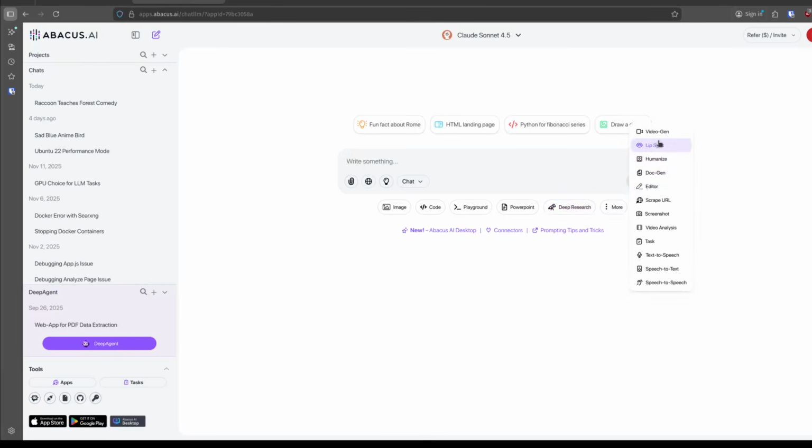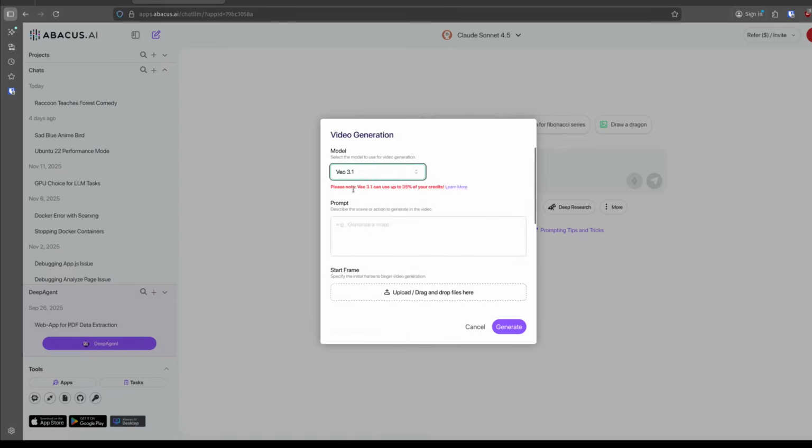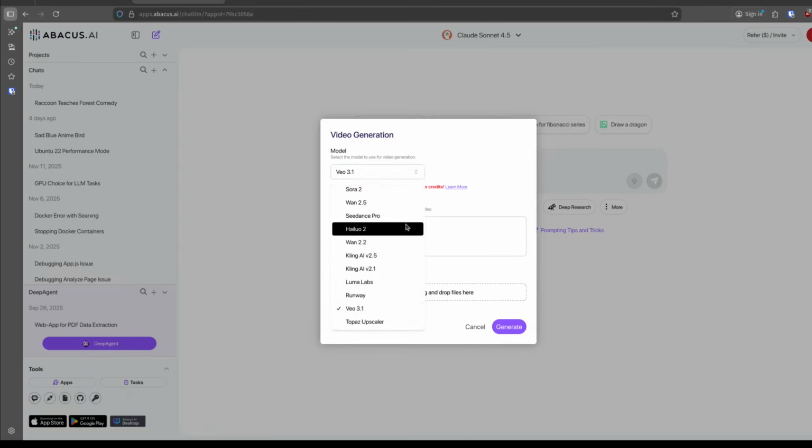And then moving on, one of the ones that I actually do use just kind of for fun sometimes is video generation. Now you do have to be careful with video generation because it can use a lot of credits. So you can see they have a whole bunch of different models here from major model families. So we have the WAN ones, we have Sora 2, we have Veo. I will note, and they give you a warning here, that Veo 3.1 can use up to 35% of your credits. That is a ton of credits for one video, okay? So keep that in mind.